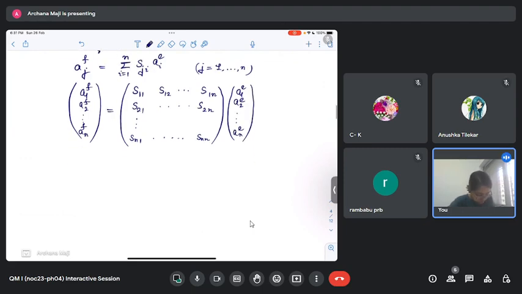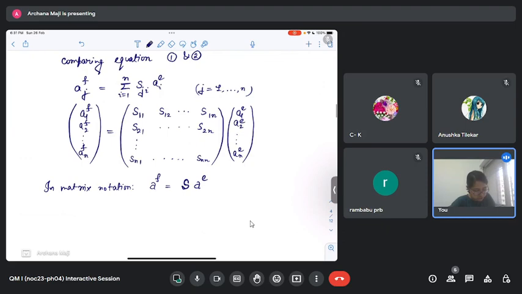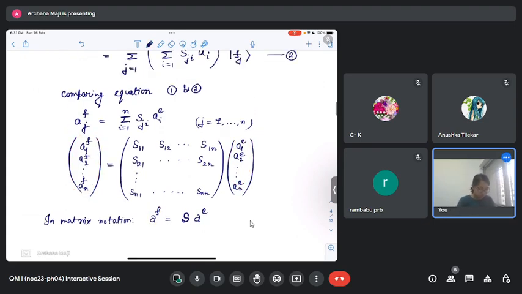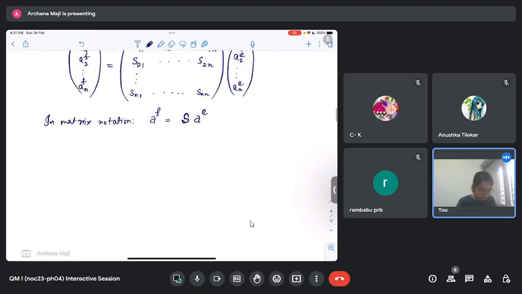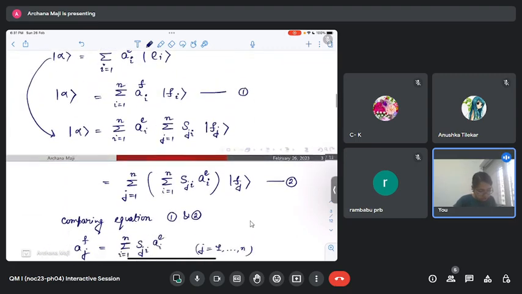So in matrix notation, we can write it as F basis, where S here is a matrix. This entire column vector I am calling AF, and this is like A in E basis. Okay, having said that, now you also note that